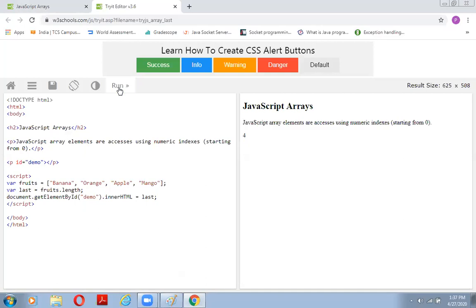But here, with the help of length, we are getting the last value within an array. This is the length of the array; when we subtract 1, we get the index number 3, and finally we will print mango.